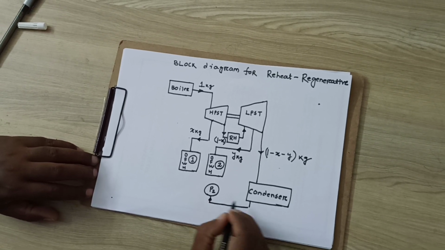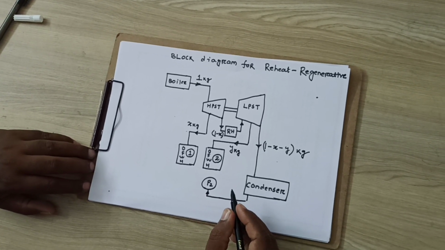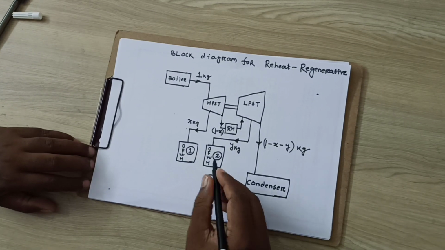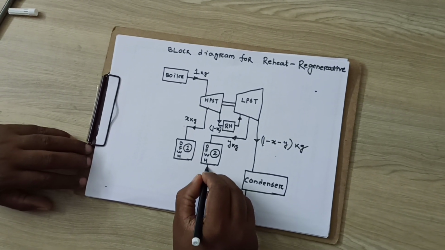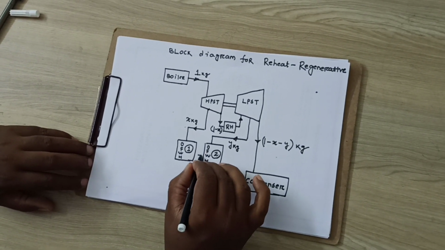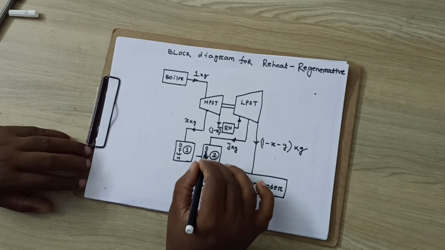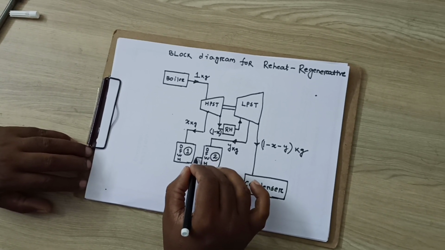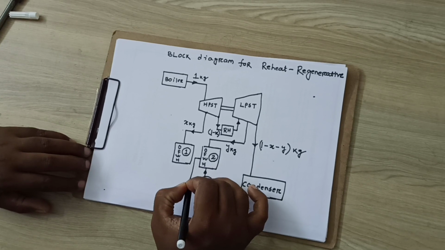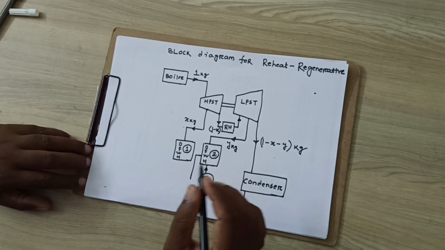Here this is increasing the pressure. This you have covered in the regenerative Rankine cycle. I am only adding it up. Then it will be mixed here, and the extract will come here. The extract from OFWH2 will come from this portion, and this will be fed into this OFWH1.